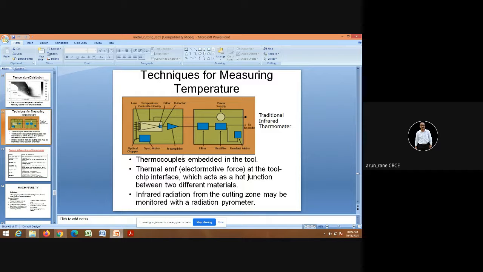Like our infrared thermometer, as we have seen in Corona, they do not touch. At the same time, this infrared thermometer should be able to detect the temperature of rotating parts. This is what is important. Now our palm is stationary, so an infrared thermometer can detect the temperature perfectly. But if the part is rotating at higher RPM, we are talking about 4000, 5000 RPM, it should still detect the temperature.